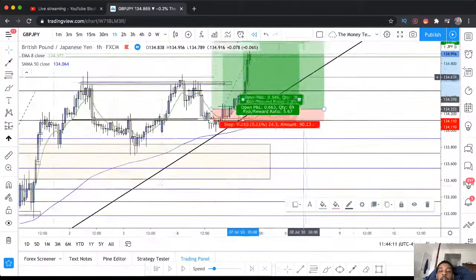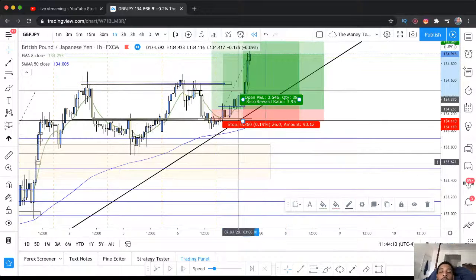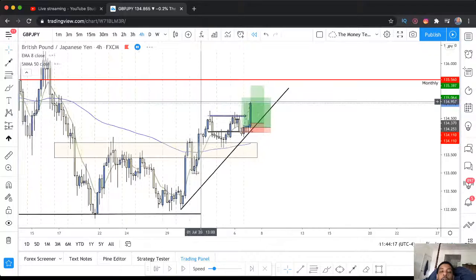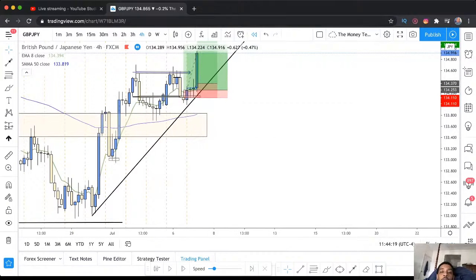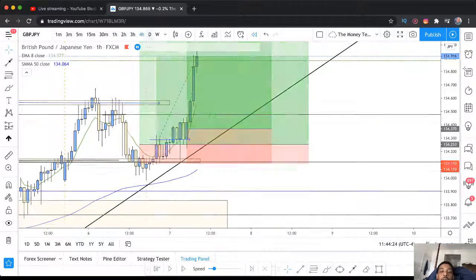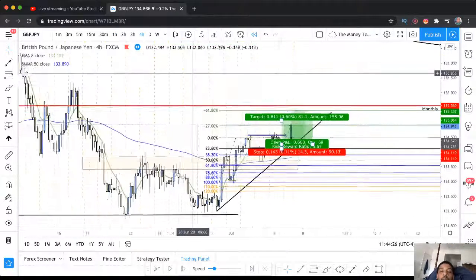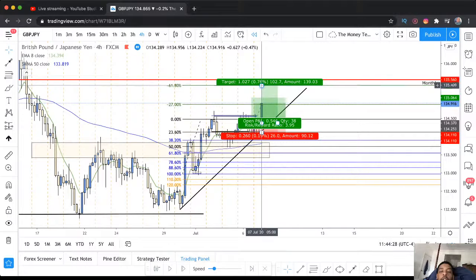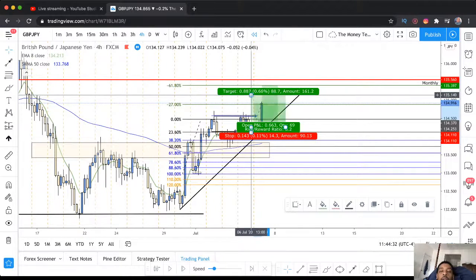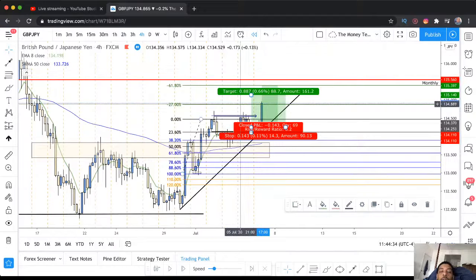Since that's like a third entry, I'll put that one to the 61.8. So we tap this one. Yeah, I'm looking for entries in here, and I'll put this one in the middle. Okay, so that's my first TP smashed,